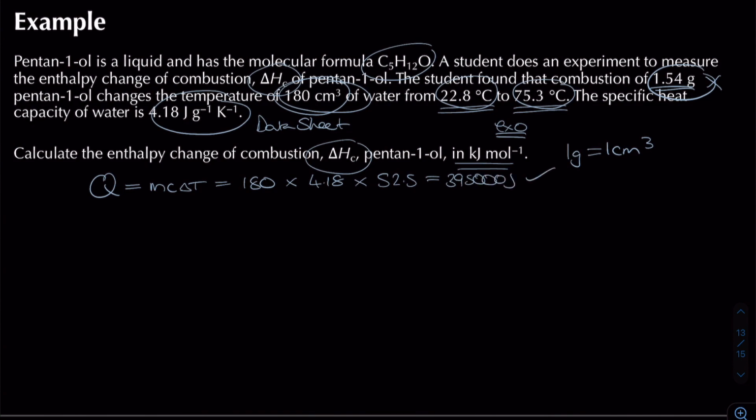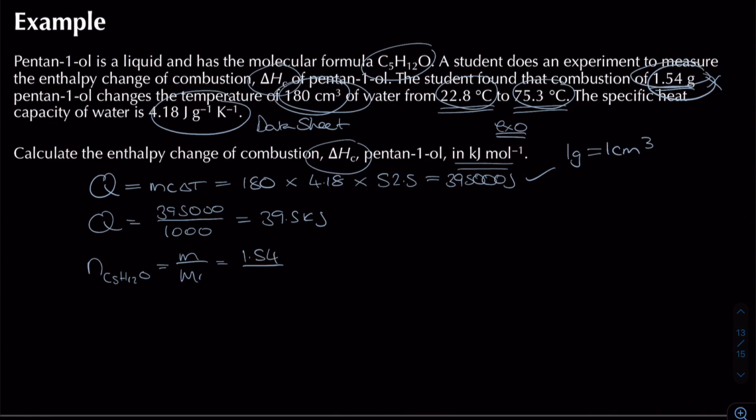Now the next thing is I need to calculate a value for Q in kilojoules. To do that, I'm going to take my value of 39,500 and divide that by 1,000, and what I end up with is 39.5 kilojoules. Now I need to find the number of moles of pentan-1-ol, which is C5H12O, and to do that I'm going to do mass divided by the Mr. So that's the mass, 1.54 grams, divided by the Mr, which I can calculate as 88, and that's going to give me a value of